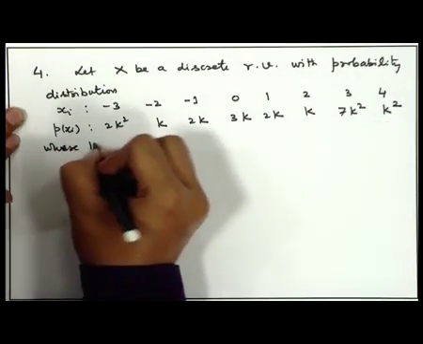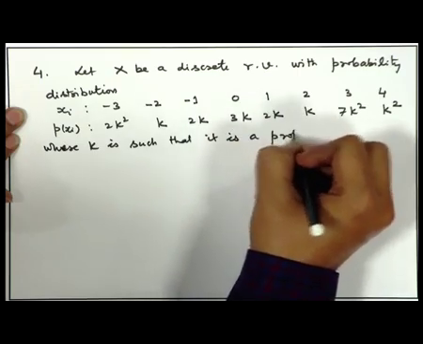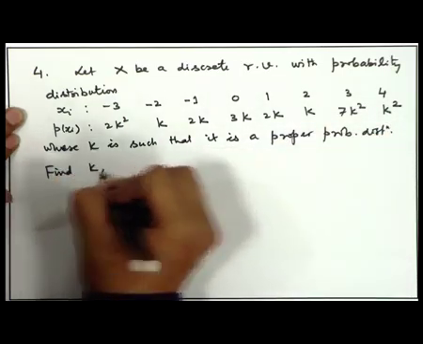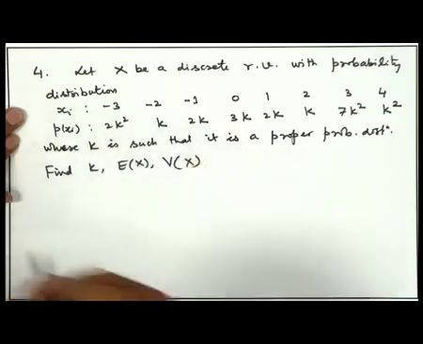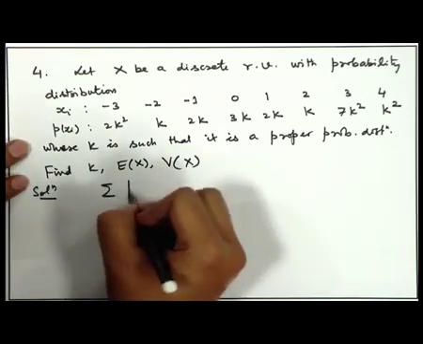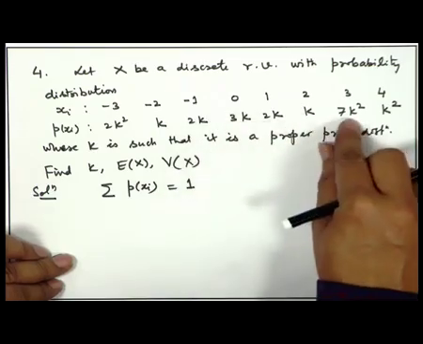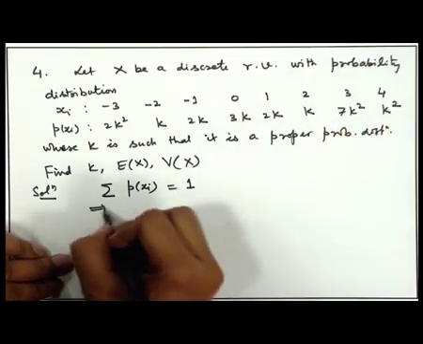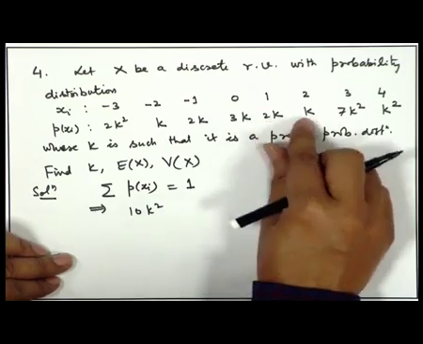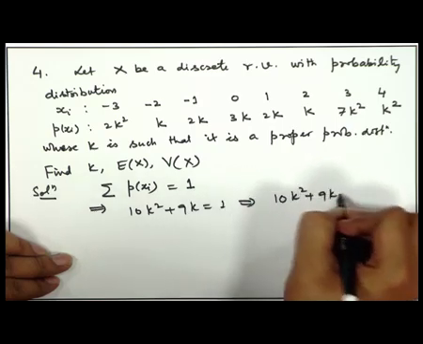where k is such that it is a proper probability distribution. You have to find k, expectation of x and variance of x. So, the sum of all the probabilities must be equal to 1. So, if you sum this, you are getting 2k² + 7k² + k², that is 10k², plus k + 2k + 3k + 2k + k, that is 9k, is equal to 1, which you can write as 10k² + 9k - 1 = 0,